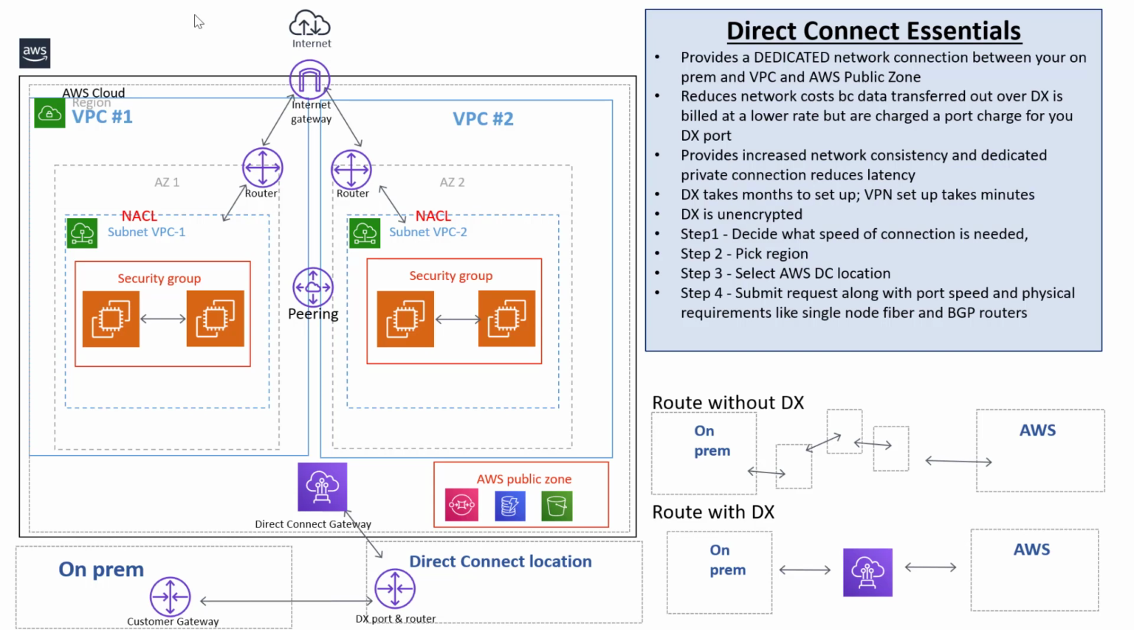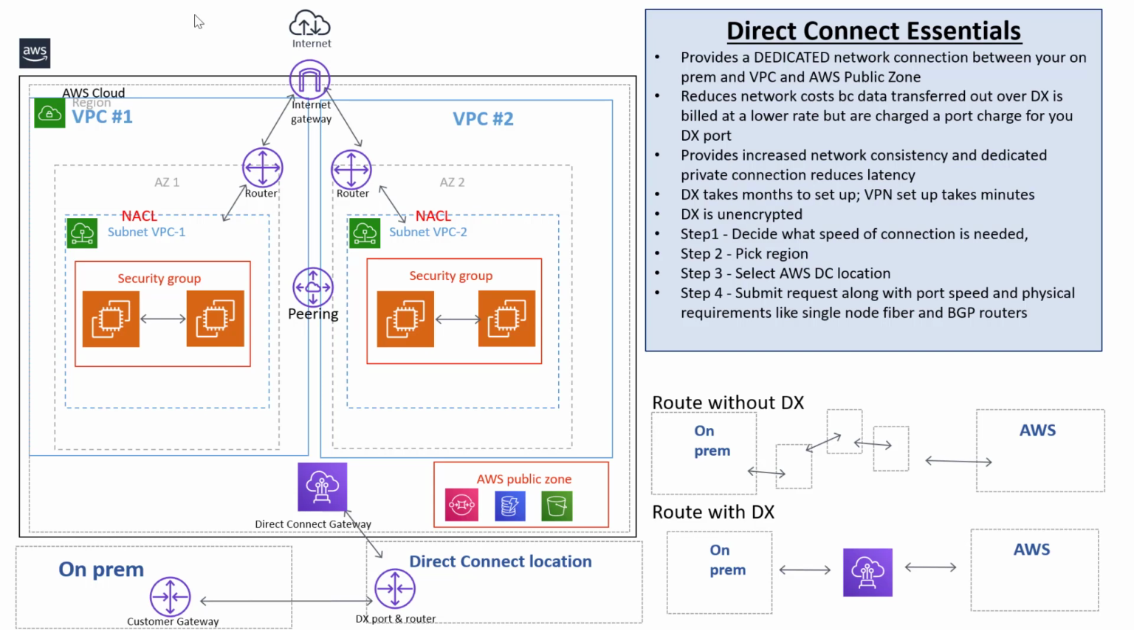So the first thing and the most important thing to remember, especially for the exam, and you want to look for this word on the exam questions, is dedicated. So anytime you see a question that says anything about a dedicated network connection, that's most likely going to be a Direct Connect connection. Direct Connect provides a dedicated network connection between your on-prem environment and your VPC and also